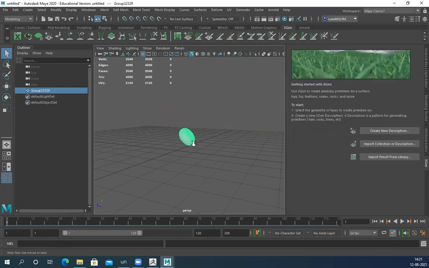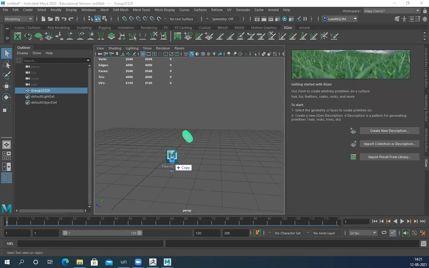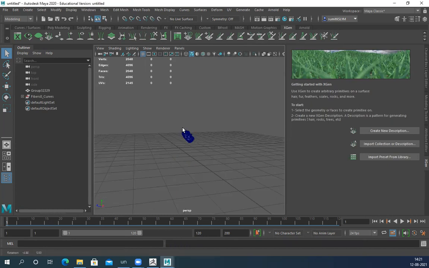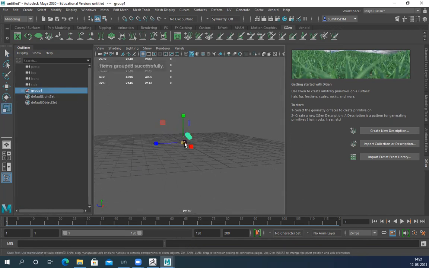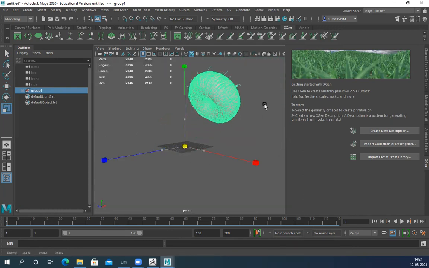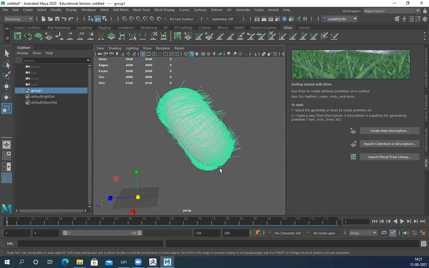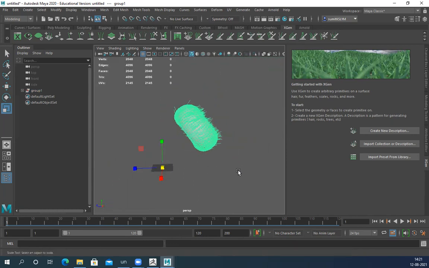I deleted the description, and I'll import the curves one more time. Done. Select both of them, create a group, and scale the group. So this will be easy for me. Be huge. Yeah, now it's fine.